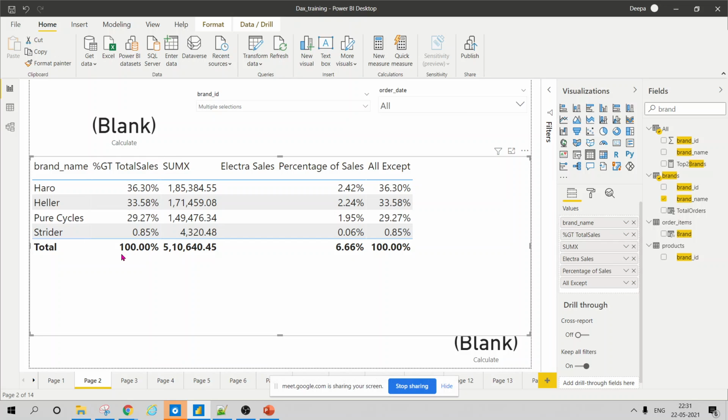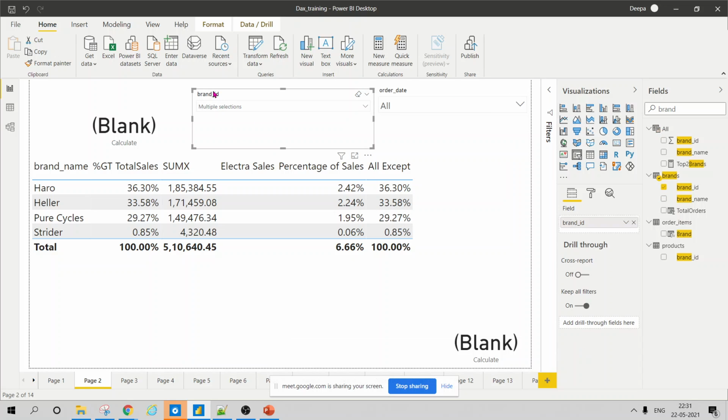So this is one way of doing it. Another way is, if I'm trying to filter brand and calculate, like this is brand ID, you can filter on other columns as well. In that case, I want to calculate the percentage share of this Hero brand from the selected brands I have.